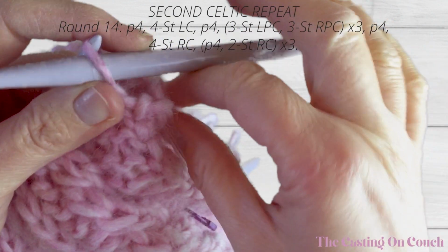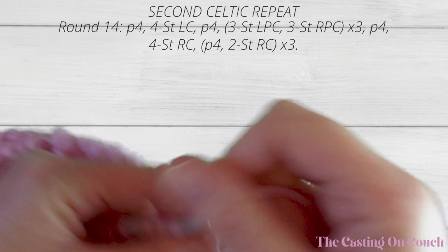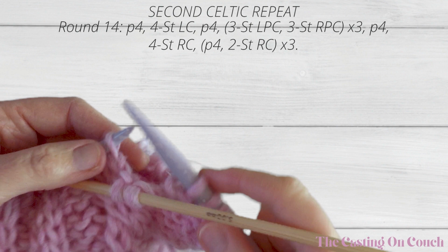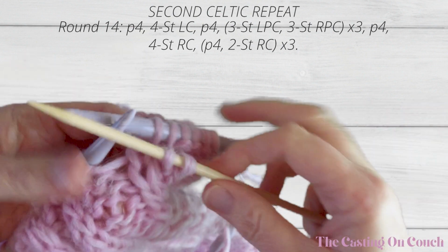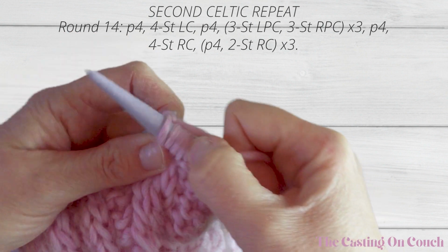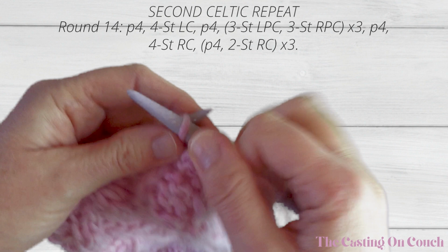Round 14, purl 4, and then we're going to do a 4-stitch left cross, so taking the next 2 stitches, placing them onto the holder and holding in front of the work, then knit 2 from the left needle and knit your 2 that are held by your cable needle. Next, purl 4, 1, 2, 3, 4,